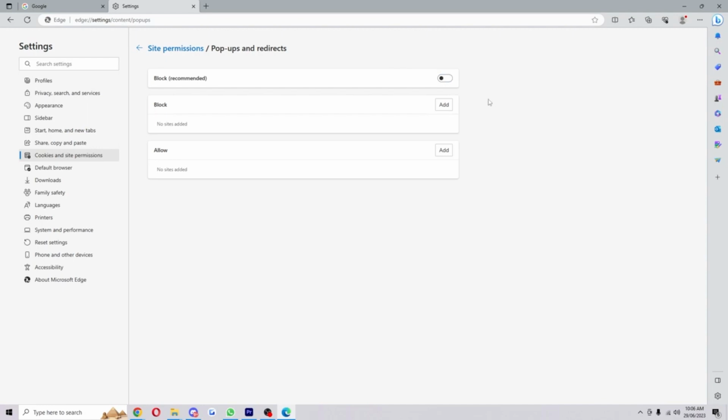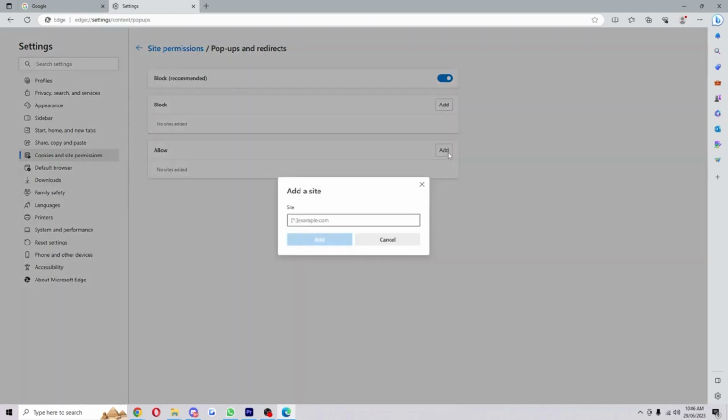Now you might not want to unblock it completely, so what you can do is you can allow it for certain sites. So if you have a certain site in mind that you want to block pop-ups for or allow them for, simply click add for whichever one you need, type in the URL and click add, and it will